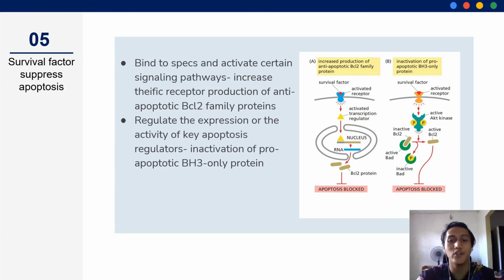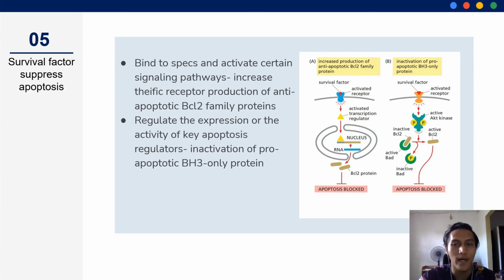After that, I will explain about how the extracellular survival factor suppresses apoptosis. There are two ways. Based on diagram A, the apoptosis will be inhibited when the BCL2 family members are being regulated. In this case, the survival factor binds to the receptors that activate the intracellular signaling pathways. Then, it will activate the transcription regulator in the cytosol, thus inhibits the apoptosis when the gene encoding BCL2 is